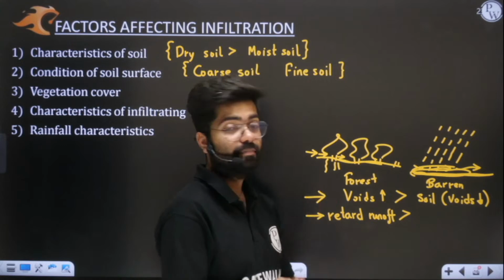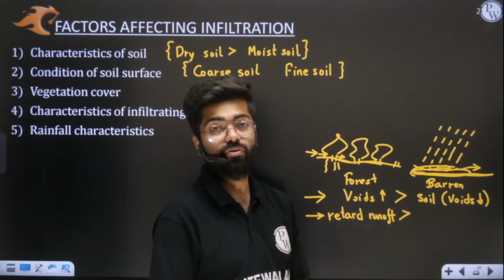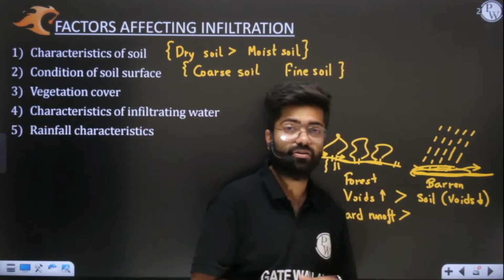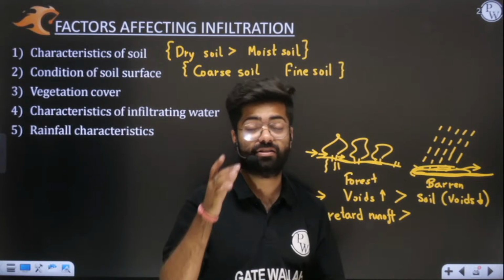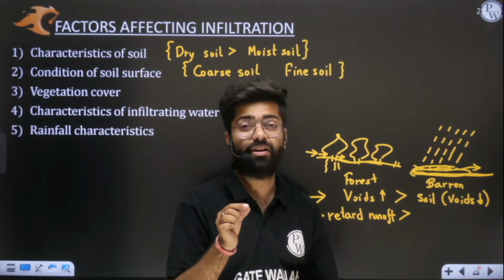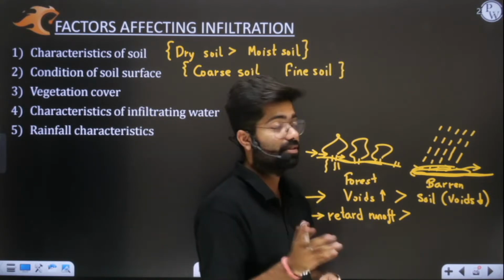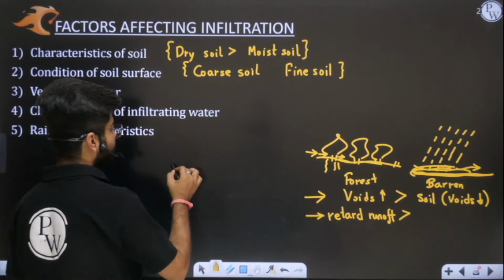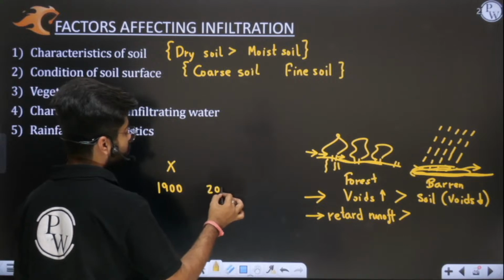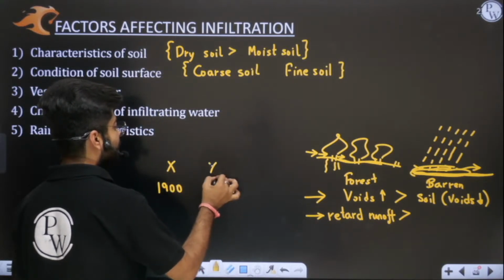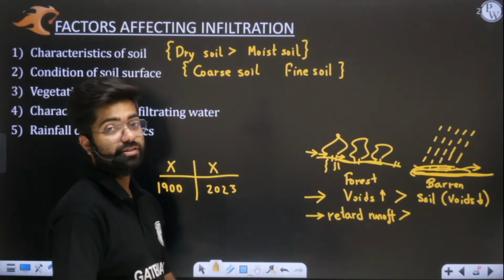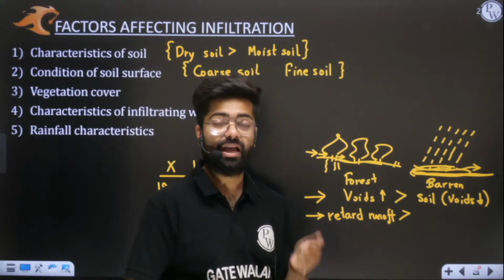You can say this is very unfortunate to know. Let us not focus on the data, but you should understand the logic here: in the last 100 years, the nutritional capacity of the soils has decreased by approximately 10 times. Let us imagine a vegetable X that was there in 1900, and in 2023 that same kind of vegetable is growing in the same area. But after 100 years you can see that the nutritional value has gone down by